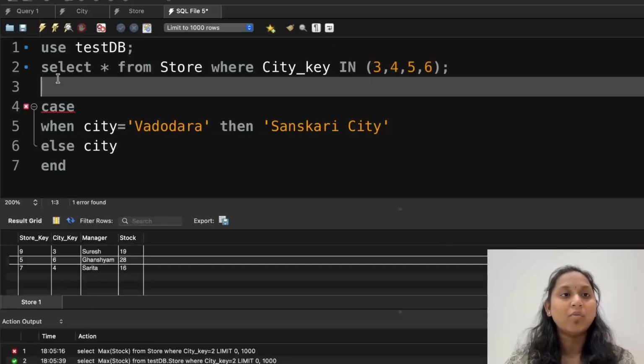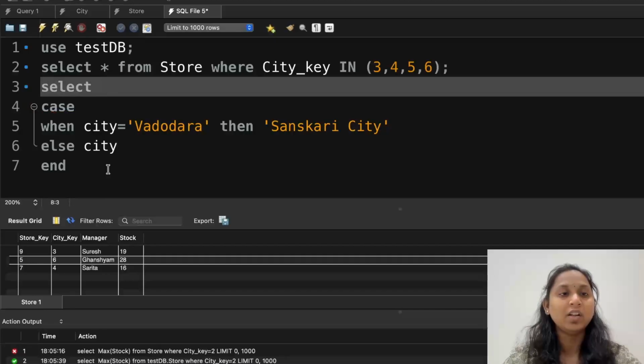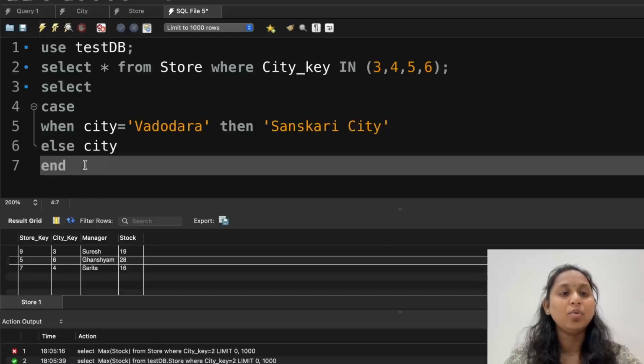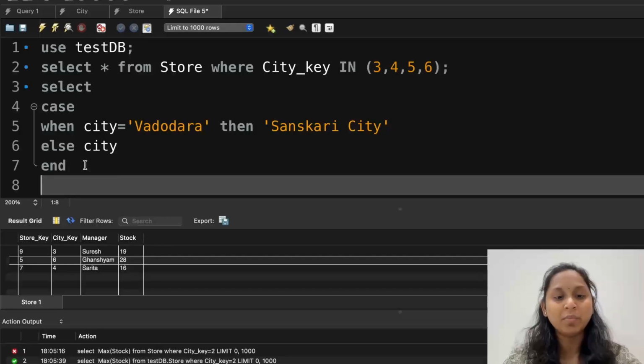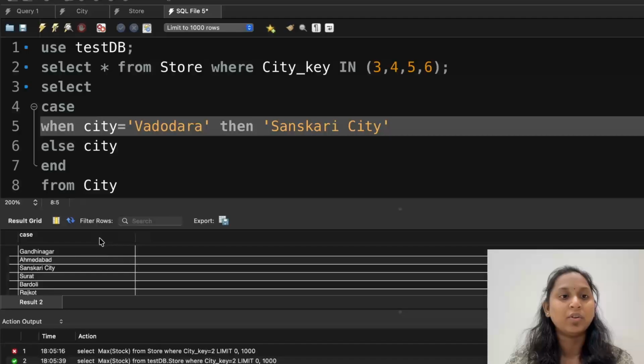Fine. Now what was the thing? This should be added before the select or after the select? Definitely we want to see this in a result, so it will be in a select clause. Select, then we use this, and we want to label. If I don't want to label, it will be fine, but it will be collected from my table name. Is it store? No, my table name is city. Do you think this is sufficient? Yes or no? Let me run and try, and we will find out whether this is the right query or not. Yes, this is the right query.